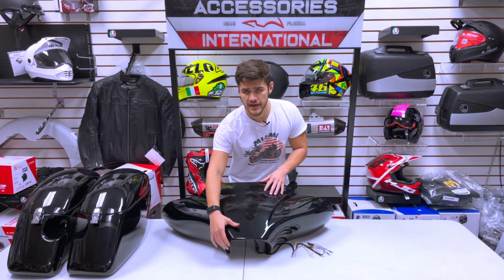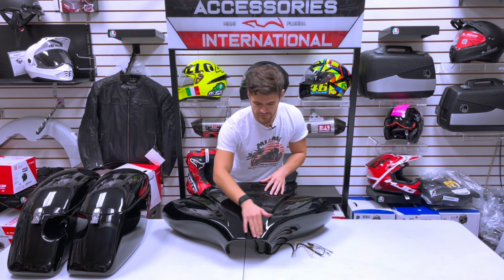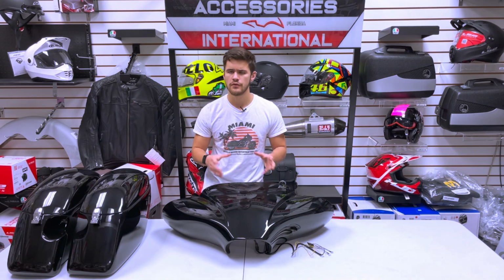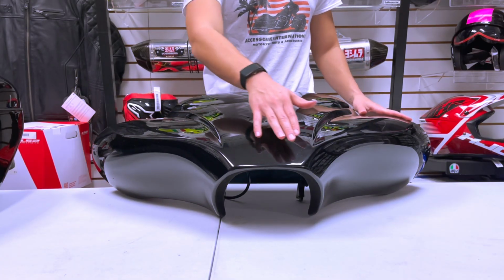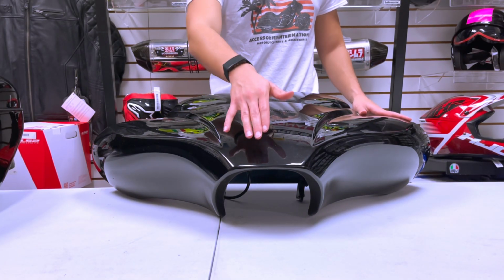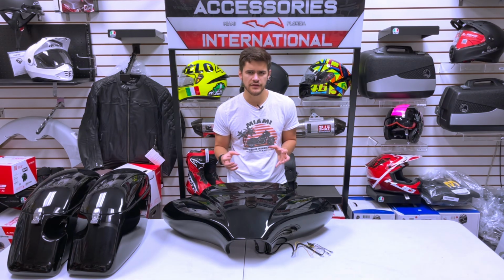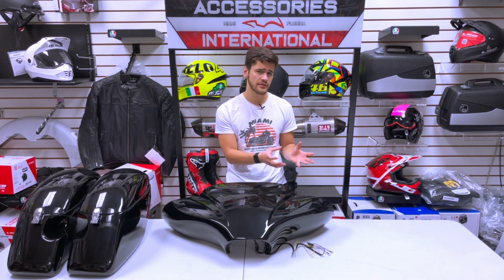Now looking at the headlight cutout here on the front end of the fairing, you see the headlight cutout is made specifically to fit with the stock headlight for the bikes that the fairing is designed for. So it does give you a very tight, very flush fit once you've got it mounted on the bike. It is going to give you a feel that the fairing is made specifically for the bike you're mounting it